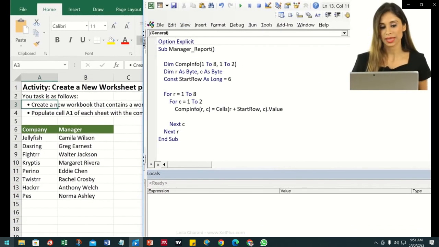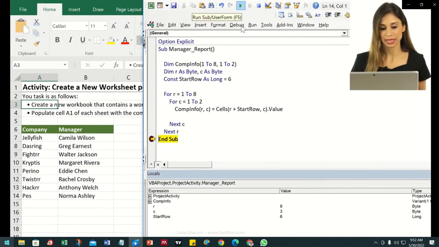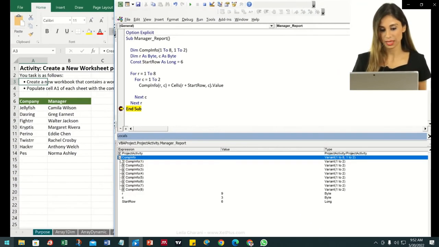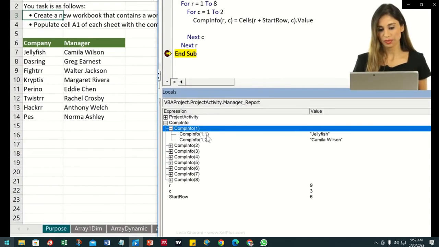Let's run this, but let me stop it before it leaves the loop and empties the array. So let me press play here and see if everything gets populated properly. So this is each of my dimensions in my array. Let's open that. So CompInfo 1, 1, that's jellyfish, 1, 2, so row 1, 2 in the table, that's this